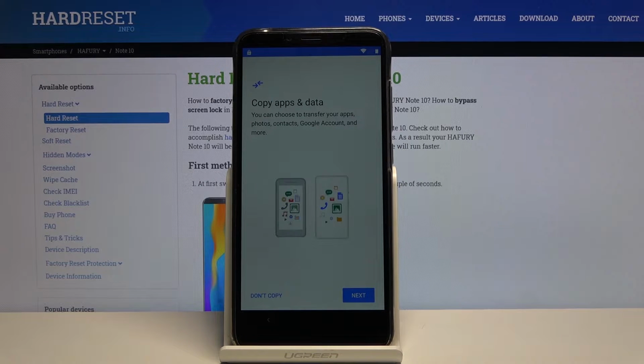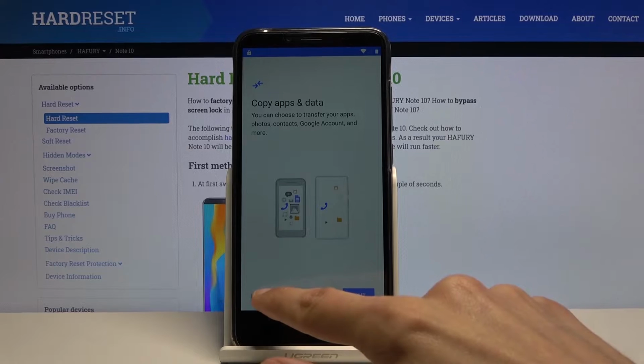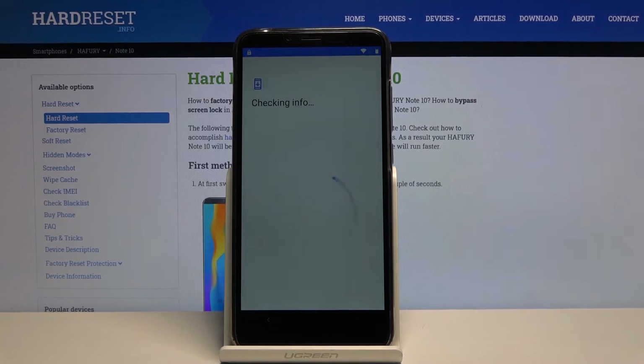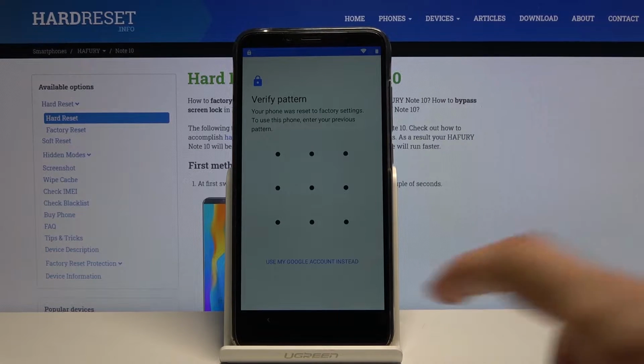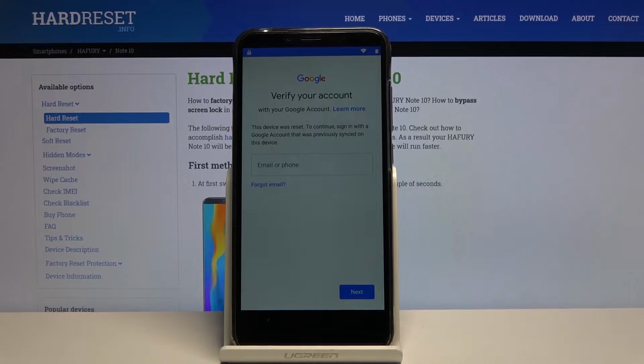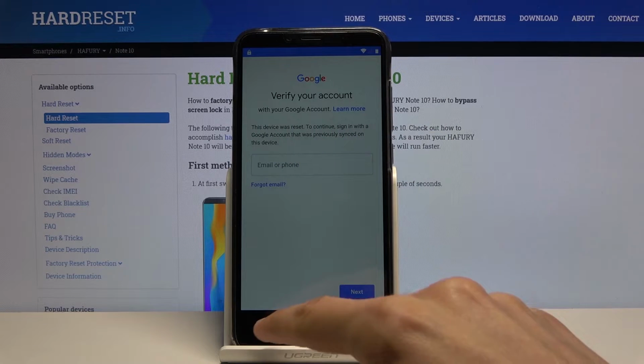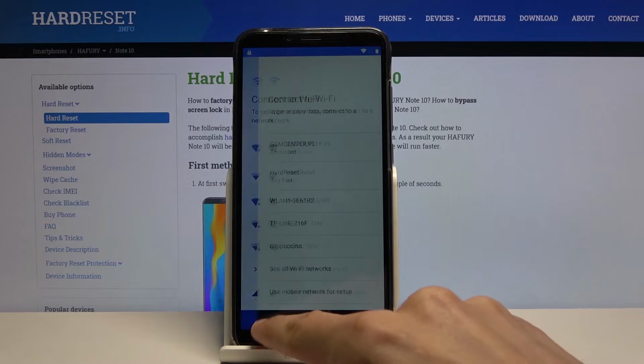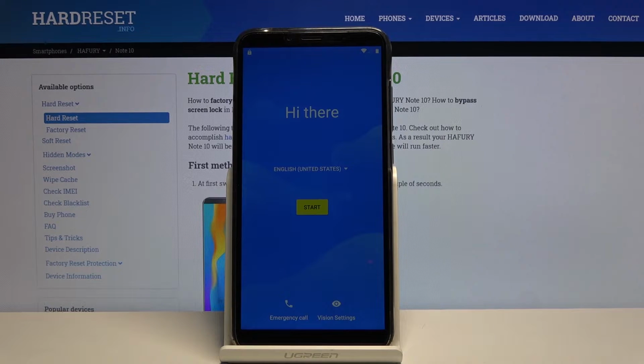So apart from the Wi-Fi, you will also need a SIM card. I have already inserted my SIM card to the device. I'm just showing this off so you can see that the device is locked. So there's the account for Google to verify. To start off, we're going to go back to the first page once you have inserted the SIM card,